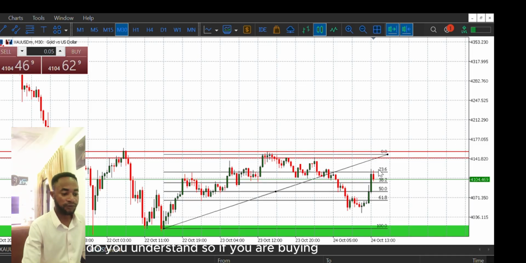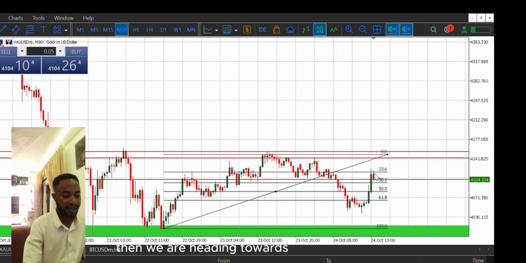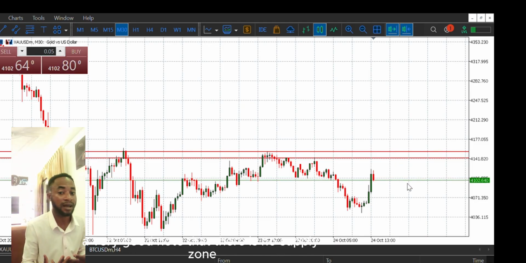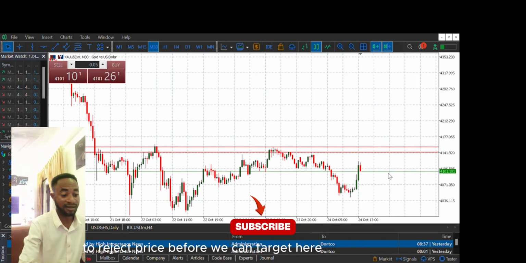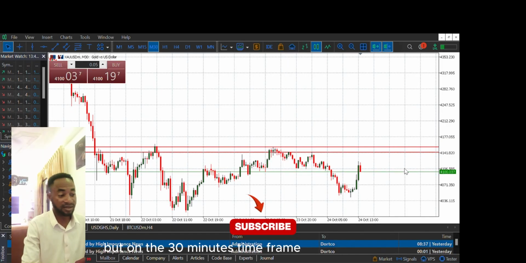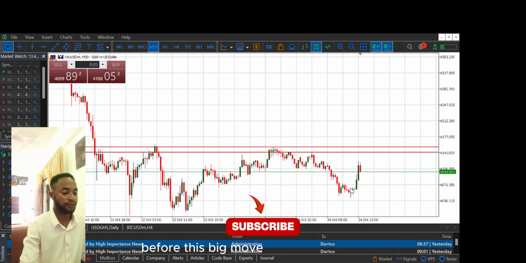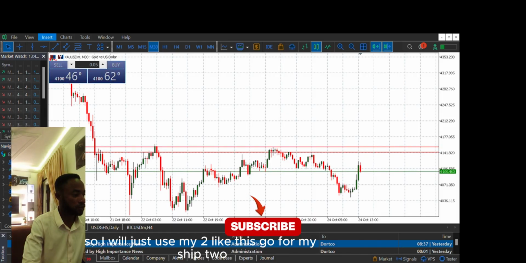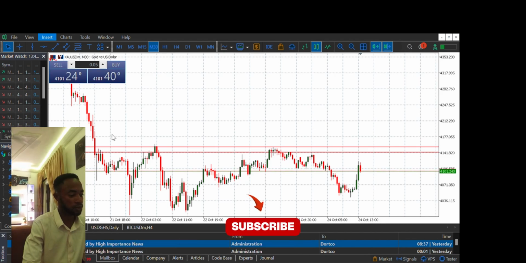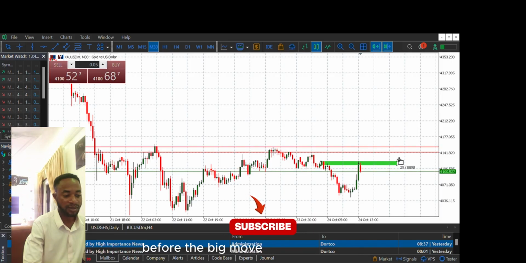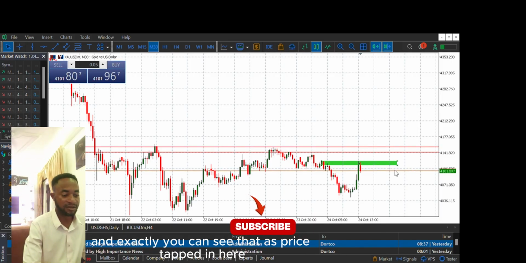Do you understand? So if we are buying, then we are heading all the way to the resistance zone, but we need to take note, a very good note, that there is no supply zone which is going to reject price before we can target here. On the 30 minutes time frame, you can see that this is the smallest candle before this big move. So I'll just use my tool like this, go for my shape tool, then I highlight the smallest candle before the big move,